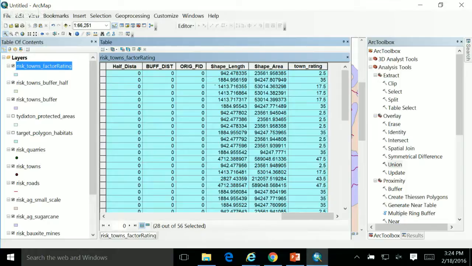All right. So originally, these risk town buffers and the risk towns buffer half came from the exact same data set, right? And they both had a field called terrestrial intensity. Both of those data sets had terrestrial intensity. So when you do the overlay, all the attributes carry through. And what ArcGIS does for your display purposes, I'll show you this,